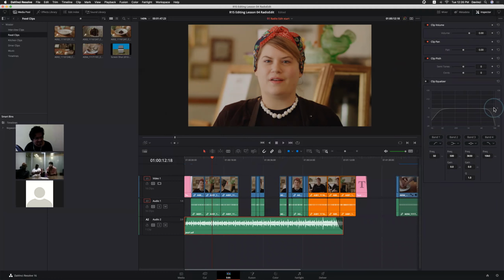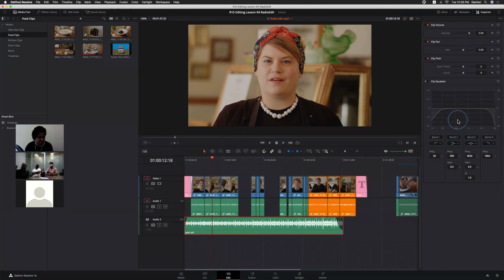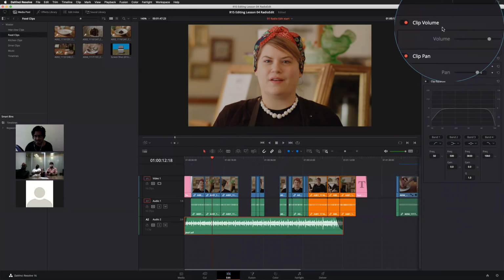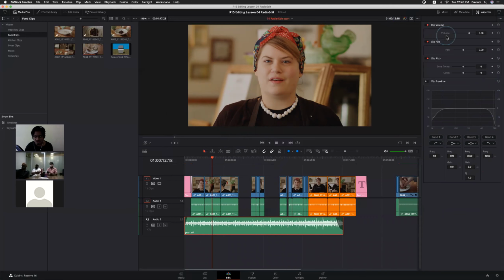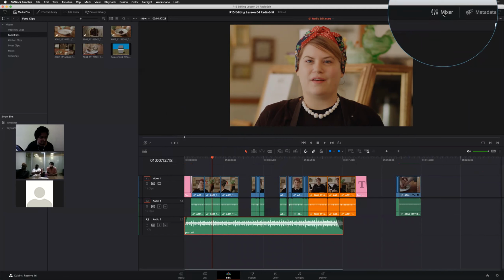Actually, I'm not a dedicated audio guy. I don't use this equalizer that much. I use the presets, the voice preset, music preset, those things, not these kinds of things, right? And see, when you select audio, whatever options we are seeing here, we can see those options with the audio mixer.